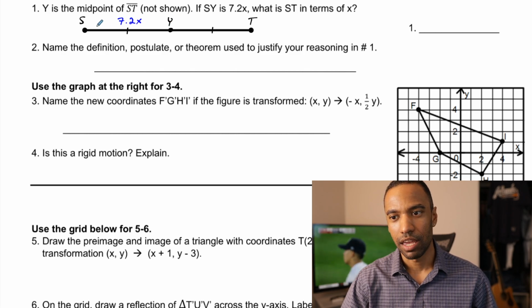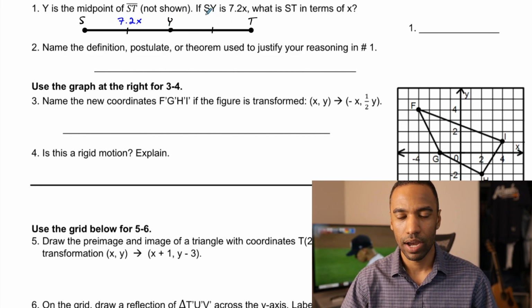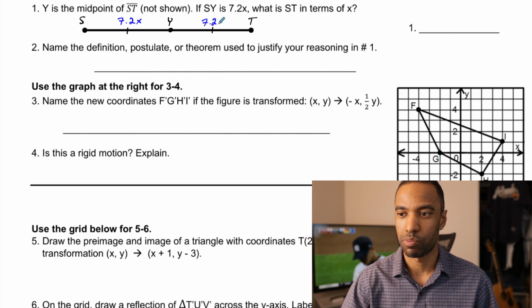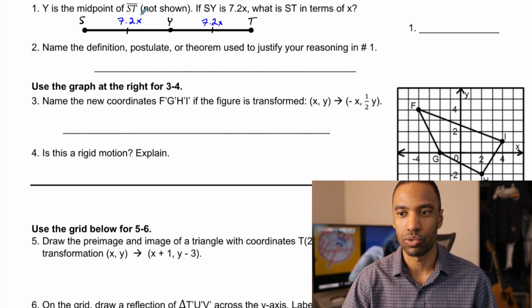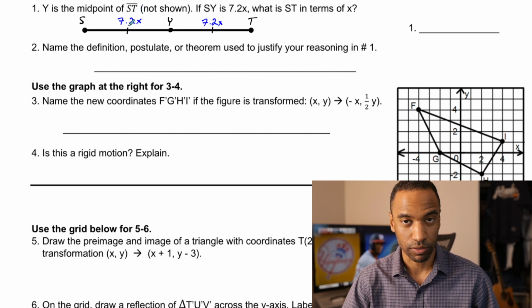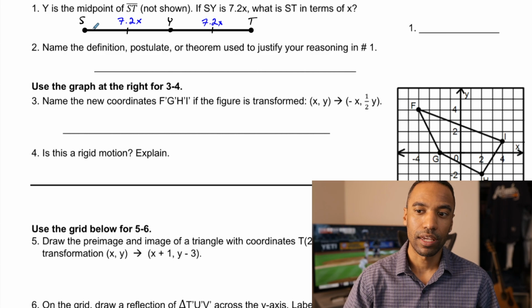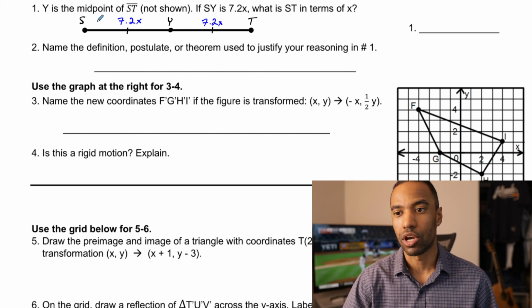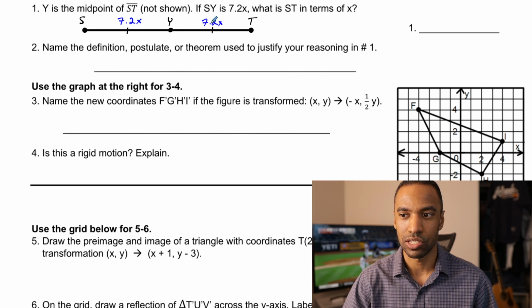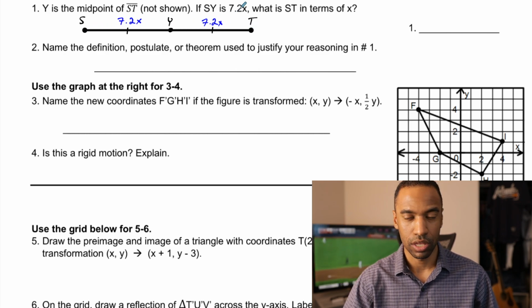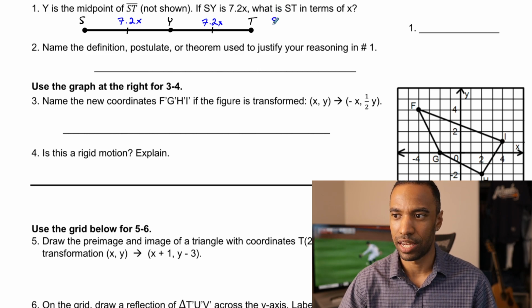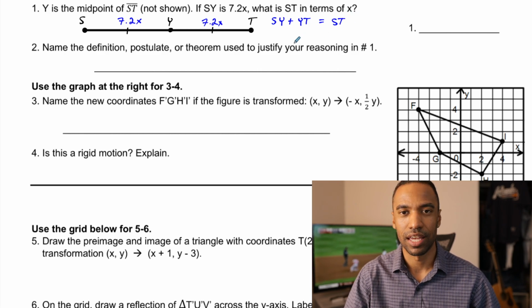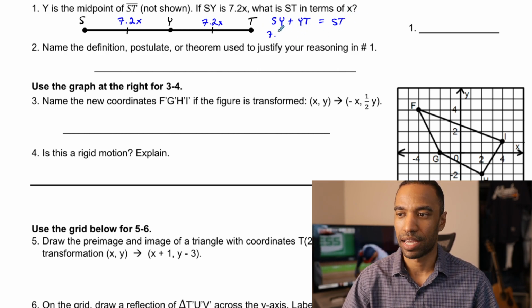Well, here's the thing. If SY is 7.2x, then YT is also going to be 7.2x because Y serves as a midpoint. Dividing this into two congruent parts, that means I can express both equivalently with the same values. Now I can use what's called the segment addition postulate to add these two things up, 7.2x with 7.2x, to get the entire length of ST. Another way of writing that is that the length of SY plus the length of YT equals the entire length that is ST. That is 7.2x times 2, or 7.2x plus 7.2x. That is going to give me